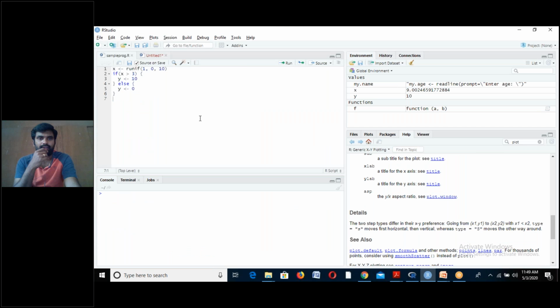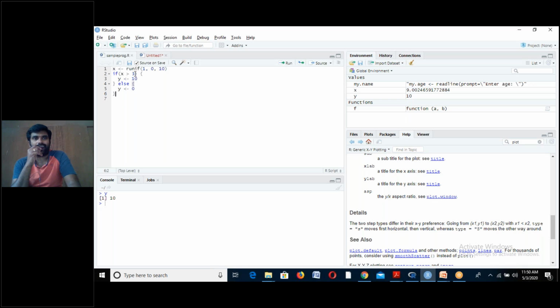The variable defined here is y. If I call y, it is returning 10. If I check the x value here, what is x? X is a uniform density function, 1 value between 0 and 10. That particular x is having only one value, and that value is only between 0 and 10.